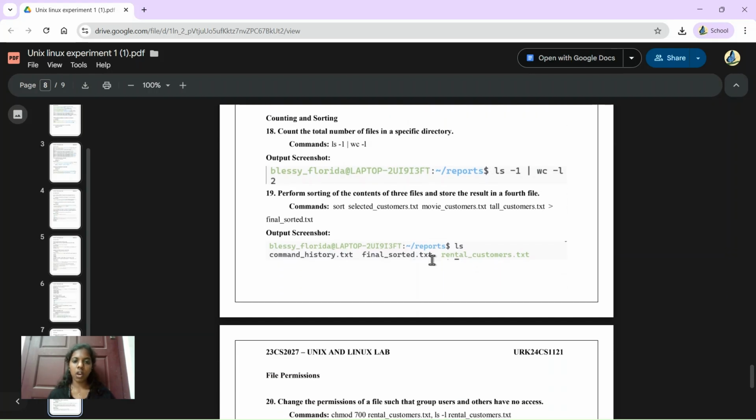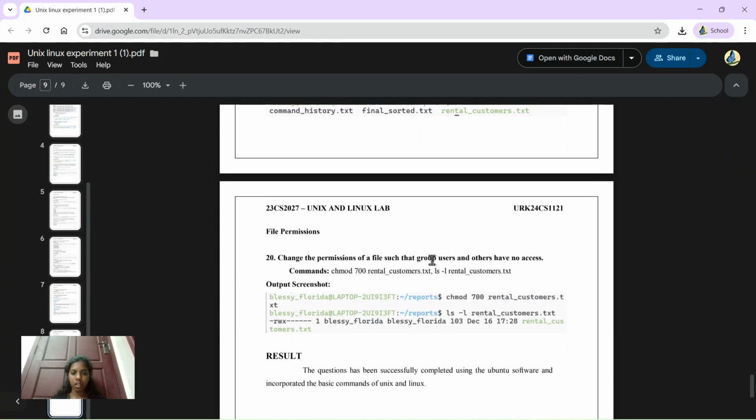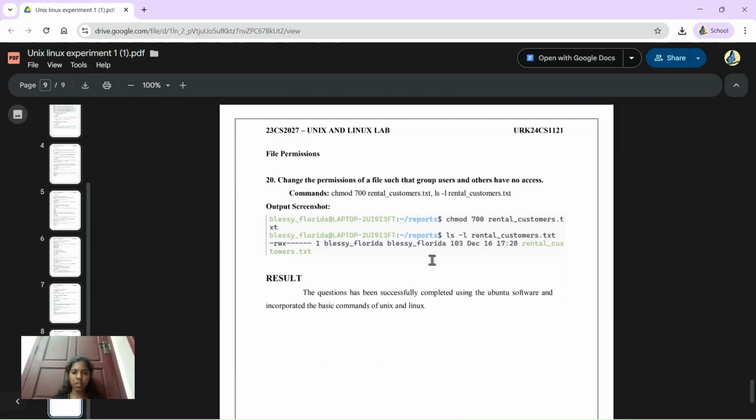Then we are using the sort command to sort the contents of three files and store the result in a fourth file. Here the fourth file is named final sorted text, and the first three files could be selected customer, movie customer, and tall customers, through which it is being stored. And at last, to verify that, we can use the ls command. Then to change the permission, we are using chmod 700, which is generally used to change the permission of a file such that